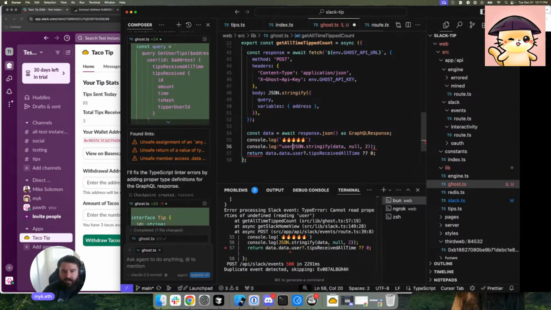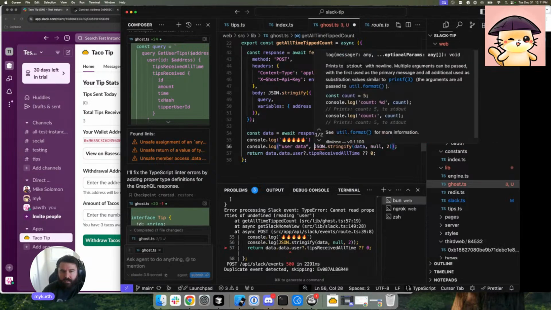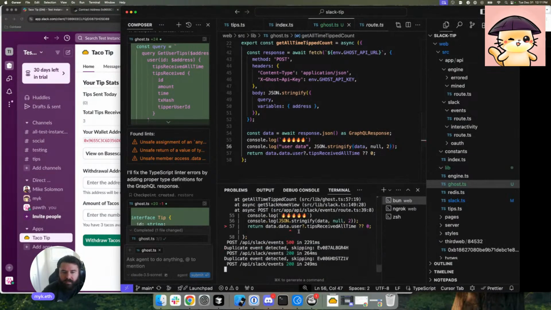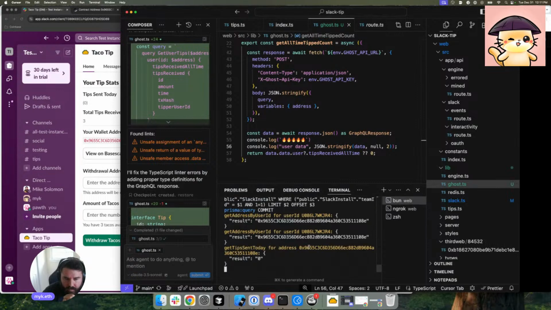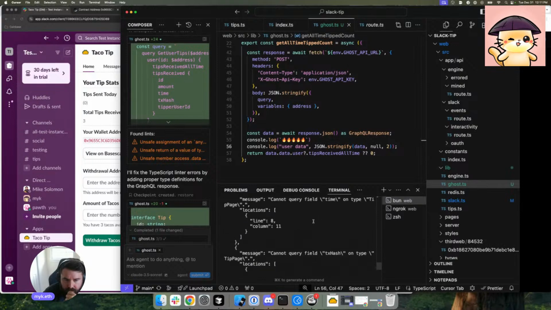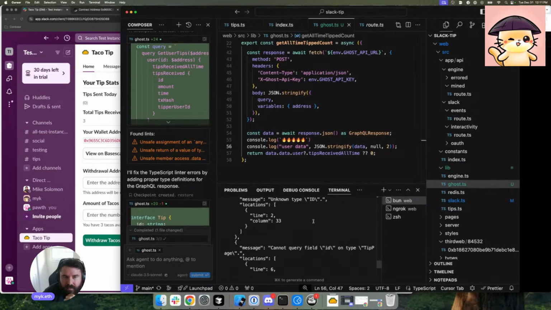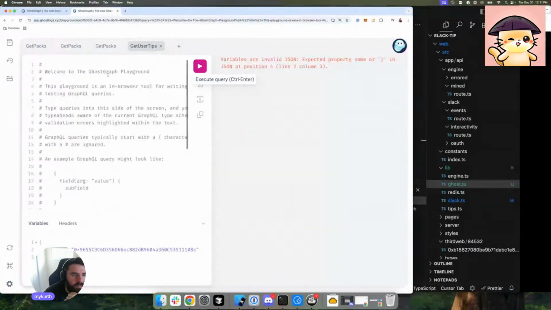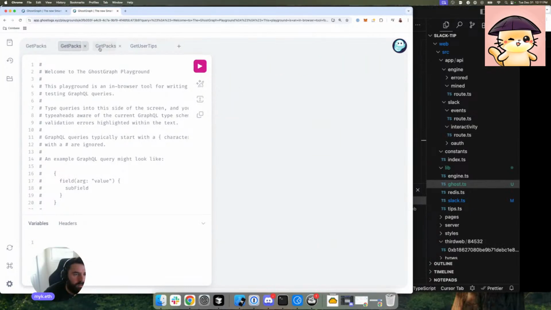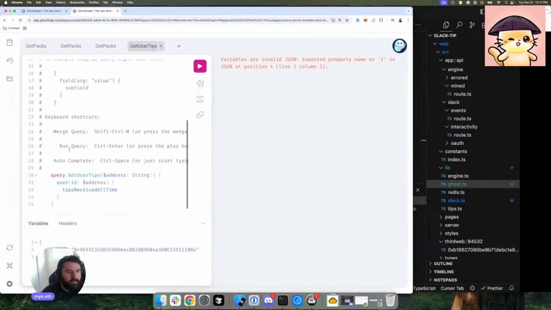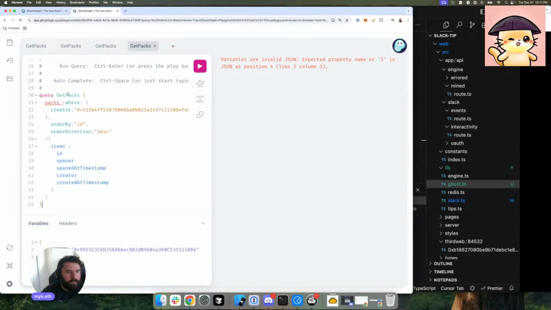Let me just say like user data. I want all the data here. Okay, so yeah, we're getting all kinds of weird stuff. Does it have like an items thing? Get